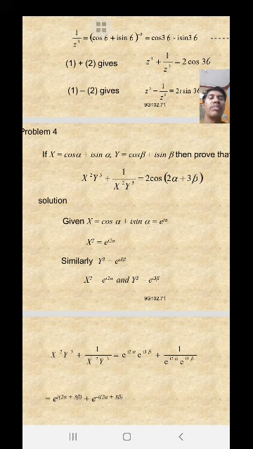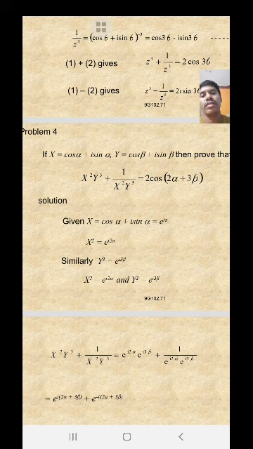So powers of powers are multiplied. We already know a power m whole power n equals a power mn. Similarly here we wrote x square equals e power i into 2 alpha,